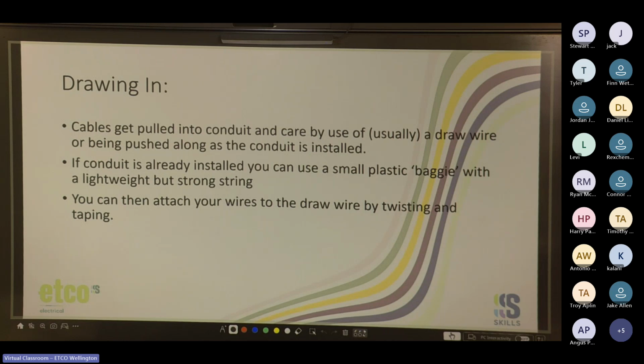If conduit is already installed, you guys know the baggie trick? You take a little baggie of plastic, tie it to a lightweight, tough string, put it into the conduit. The other end, you put a vacuum on it and just suck it all the way through. I think the longest run of conduit I've done that on was 250 meters of solid rigid conduit. And yeah, 300 meters of string goes pretty quickly when it's being sucked through the conduit with a vacuum cleaner. So yeah, if you guys are ever stuck trying to get conduit in, or people have put ducting down and they haven't left you a draw wire,